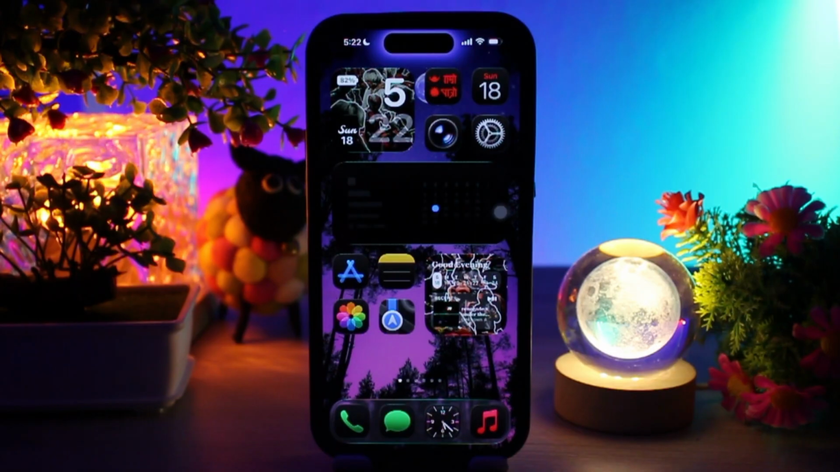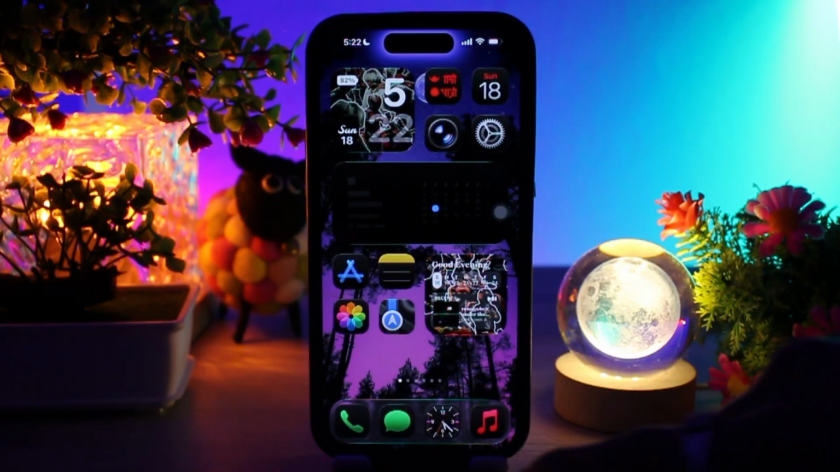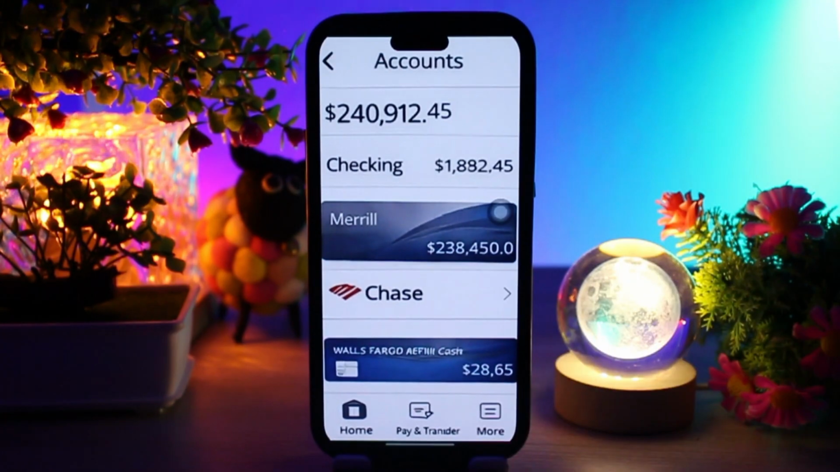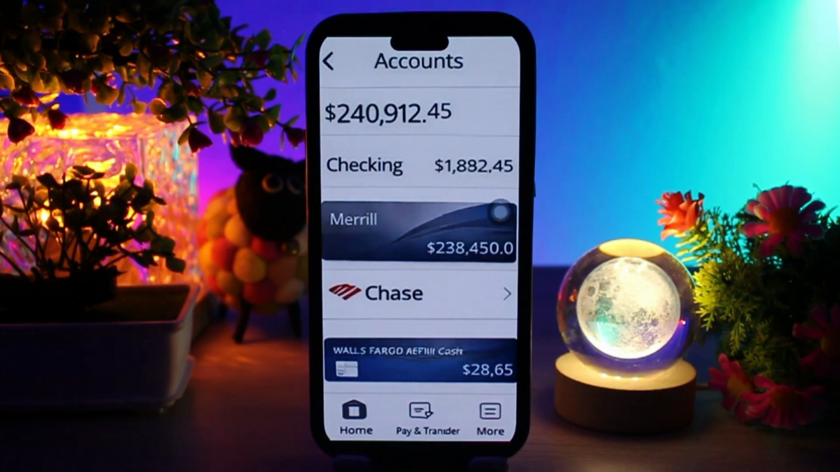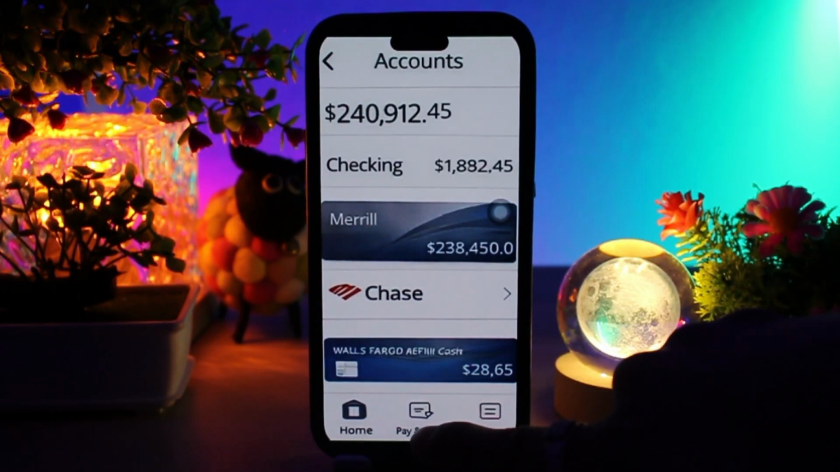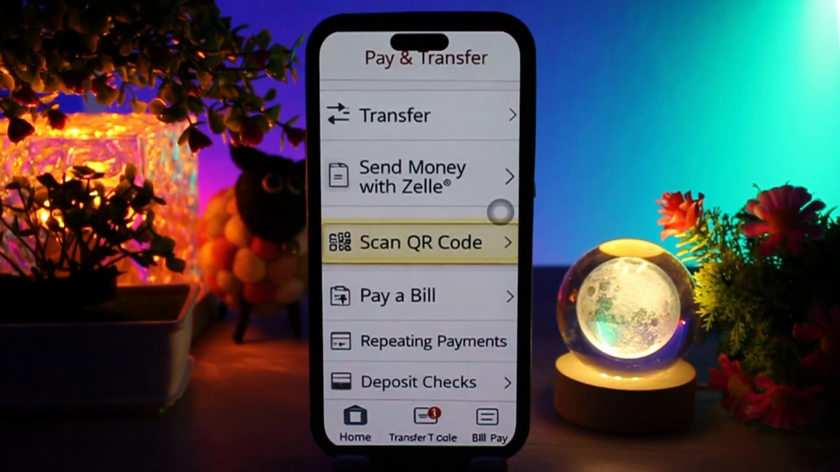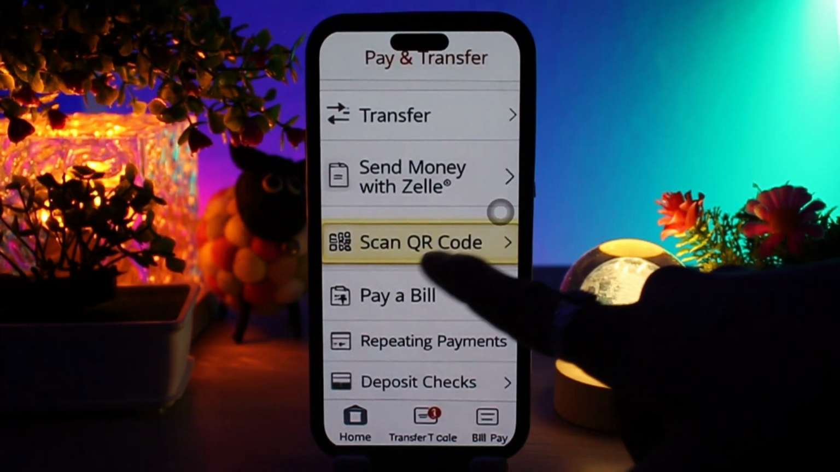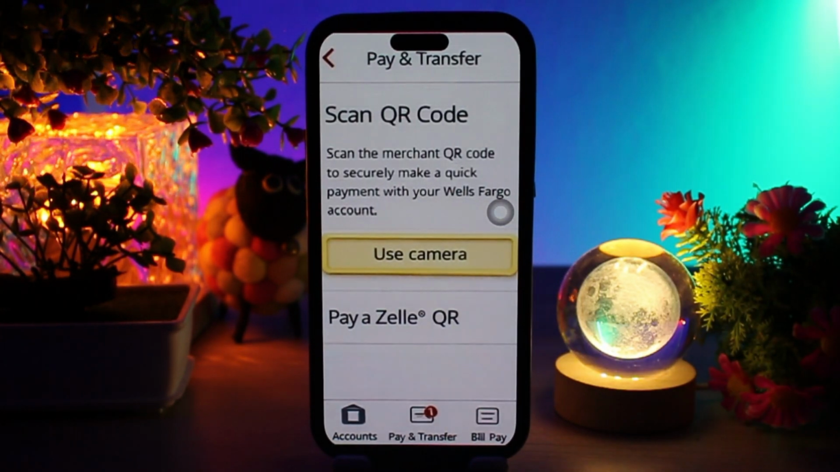Now what you need to do, if you want to use a Wells Fargo bank application, is simply head over and open up the Wells Fargo application and be sure to be logged into your account. And once logged into your account, simply tap on Pay and Transfer at the bottom of your screen. Then among the options you'll find an option that says Scan QR Code. Simply tap on that, and now you can scan the QR code